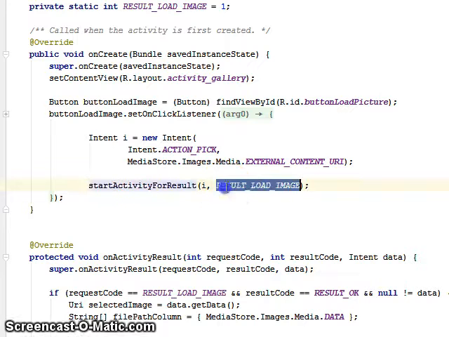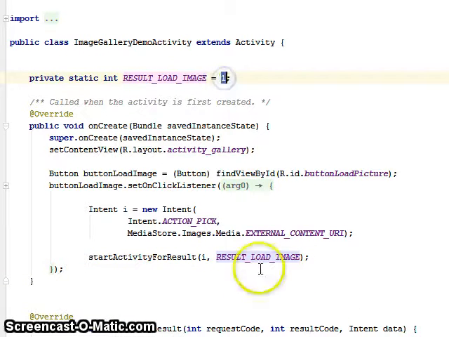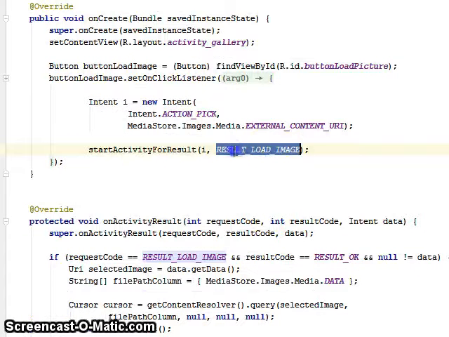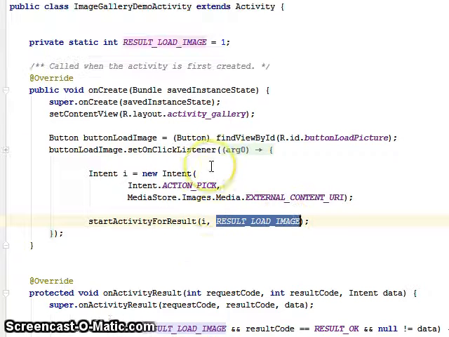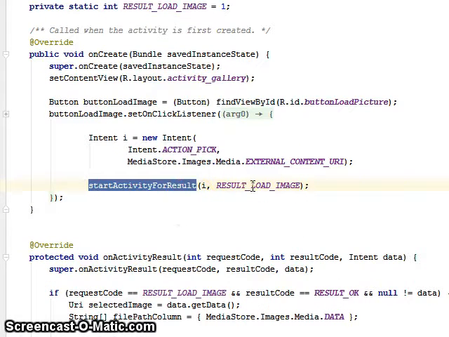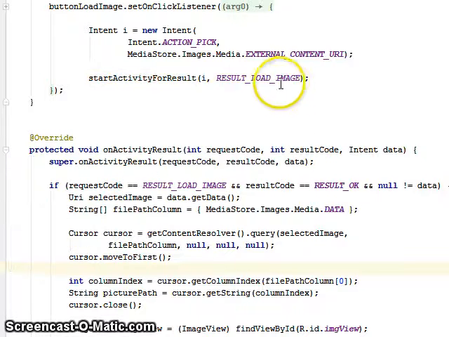And so what's the result? Load image. It's just a number, you can see. It's not very clear to me what it means. Result, load image. I think what I'm trying to say to this function is, do this whenever my